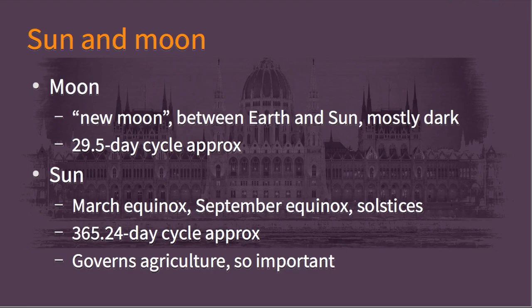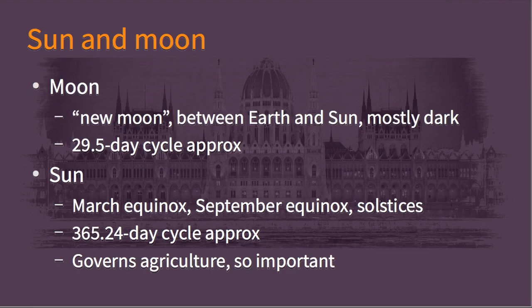Now the sun, well, the Earth orbits around the sun, but we can divide that orbit period, we can call it a year, and that's about 365.24 days, more or less, and we can pick out milestones along that progression. The March equinox is the time when the sun rises pretty much due east and sets pretty much due west, and the daytime is just a shade longer than the nighttime, but they're pretty close to equal, and that's where the term equinox came from.